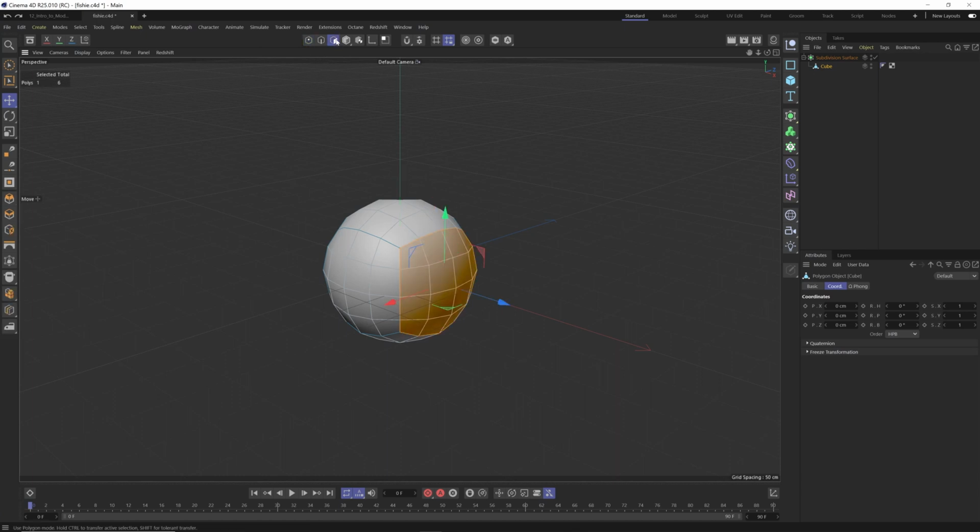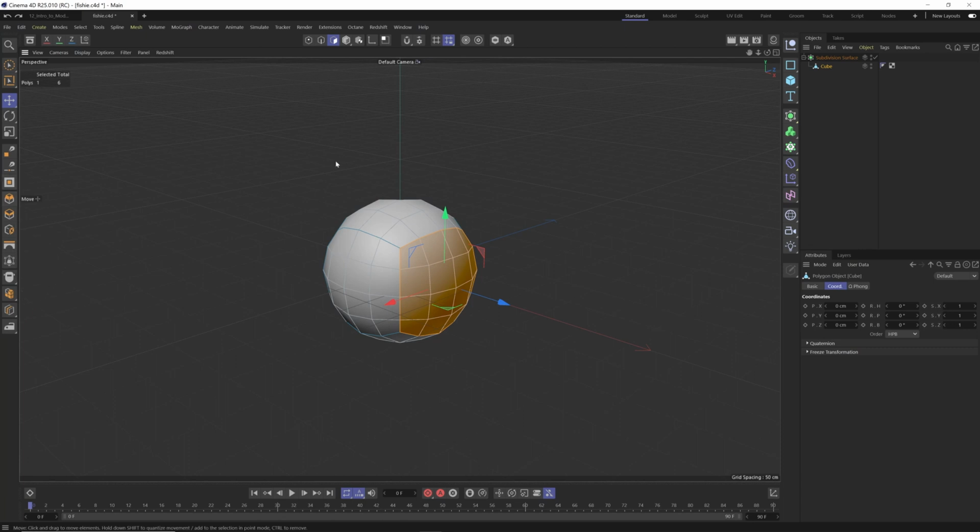So let's go ahead. I'm going to go into my polygon mode. And you can notice on the side here, we have a dynamic palette that changes depending on what mode you're in. And it tries to give you all of the different types of options that you might need when you have that mode selected. So when I'm in polygon mode, if I just hover over here, we have the bevel tool here, we have an extrude tool, the inset, which is inner extrude, bridge, all this type of settings here,